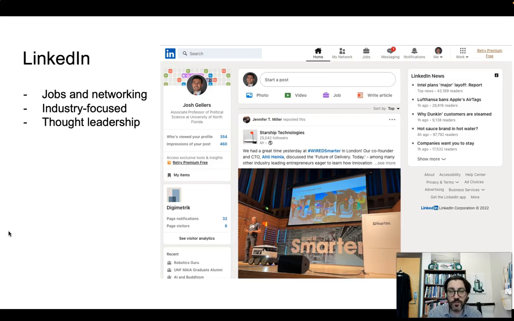So these are all different things that make LinkedIn a bit different than some of the other social media platforms that are out there. But as I mentioned, it's a really great way to interact with people in industry. So if your academic expertise in some way relates to people in the business world, check out LinkedIn. It's a great way to think about how you could foster greater communications with people who are working in that sector.